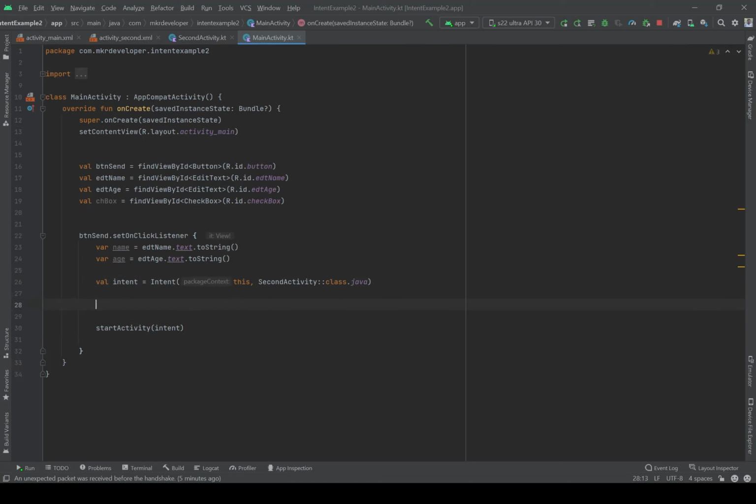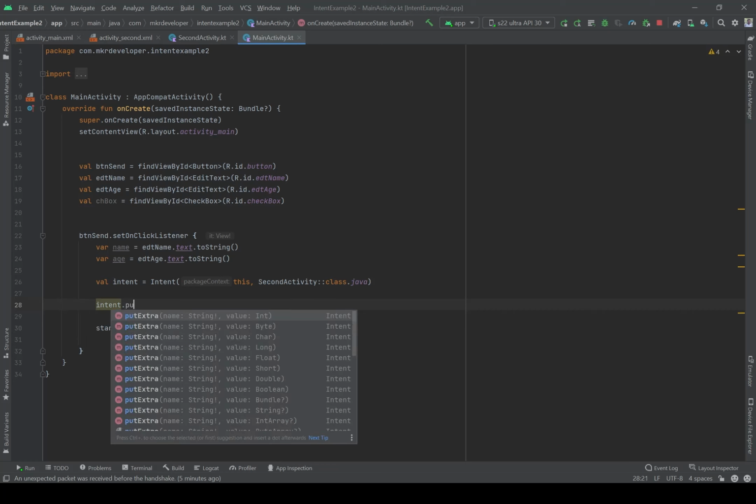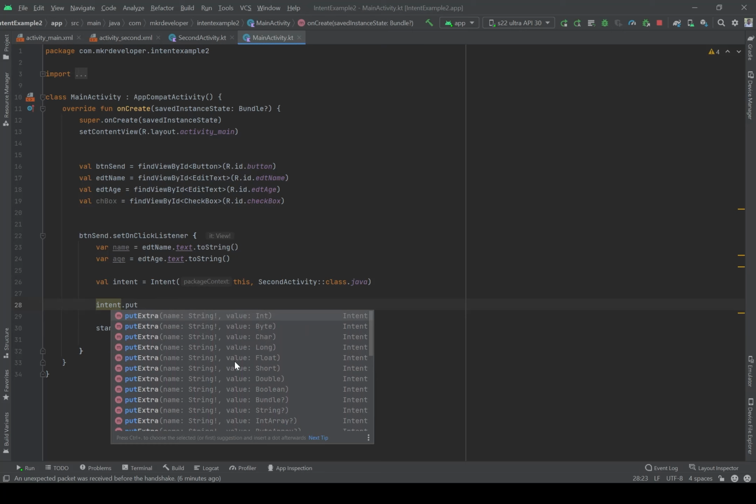So between these two lines, we have to write intent dot put extra. As you see, we have different types of variables. It can be integer, byte, character, long, float, short, double, boolean, bundle, string, integer array, byte array, and a lot of different types of data can be sent from one activity to another activity